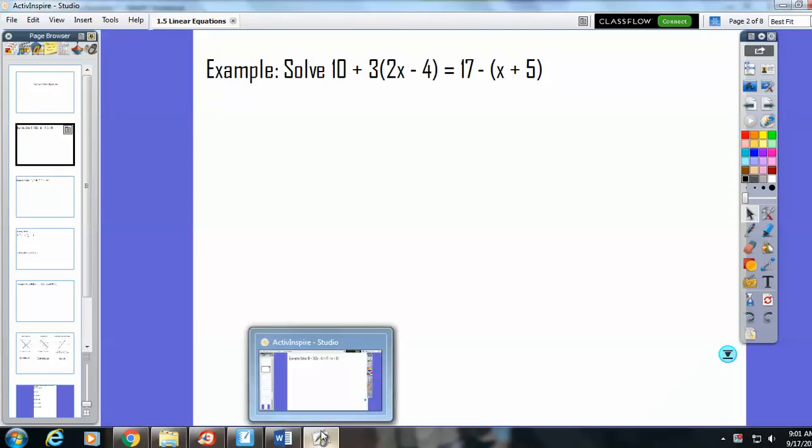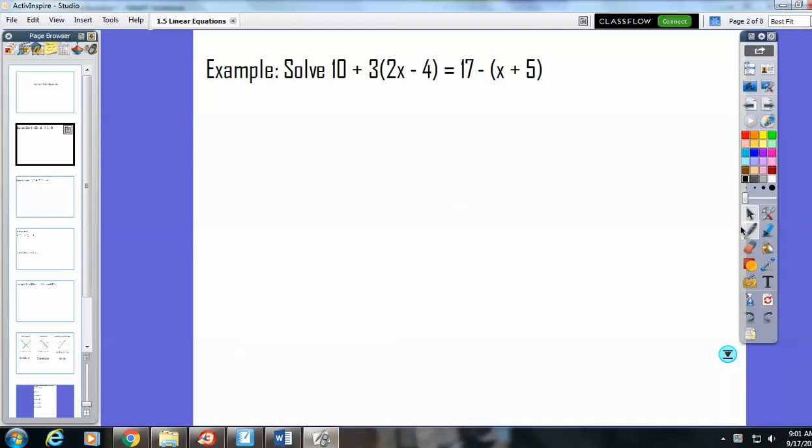gave you this problem. If you wanted to solve that equation, what would you need to do first? Distribute. What am I going to be distributing? A 3 and a negative 1. Okay. So I would get 10 plus